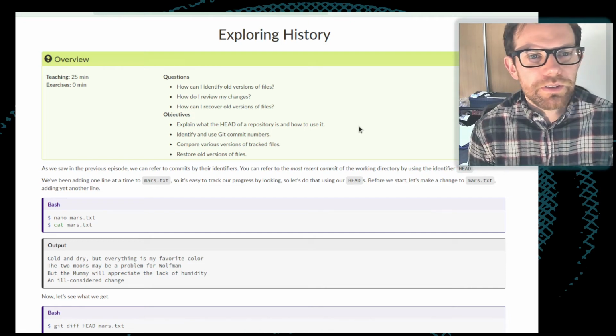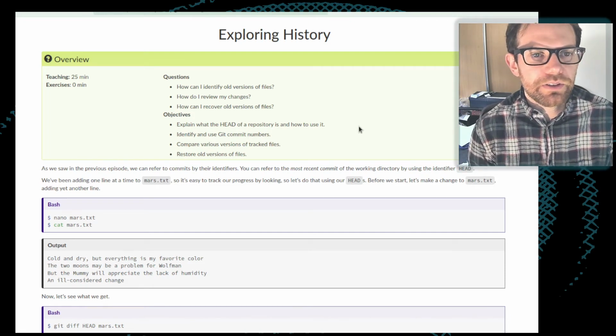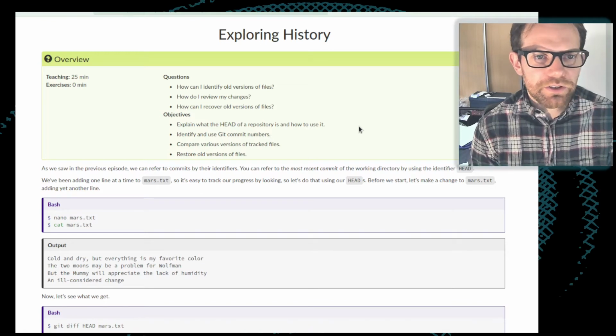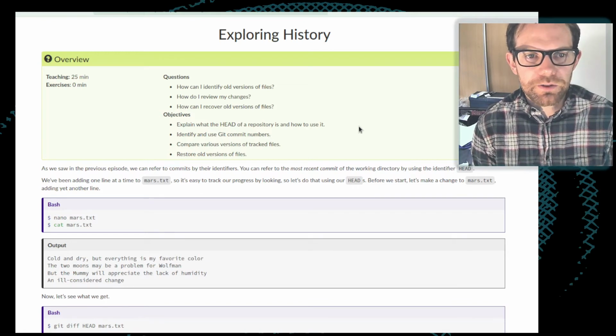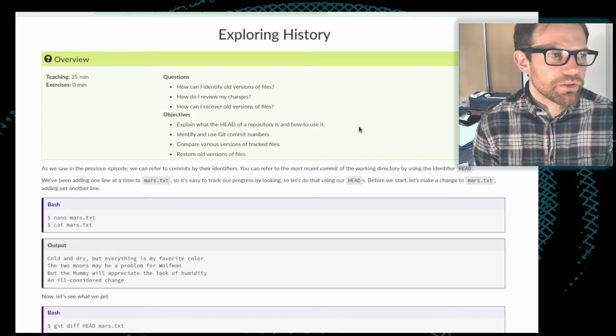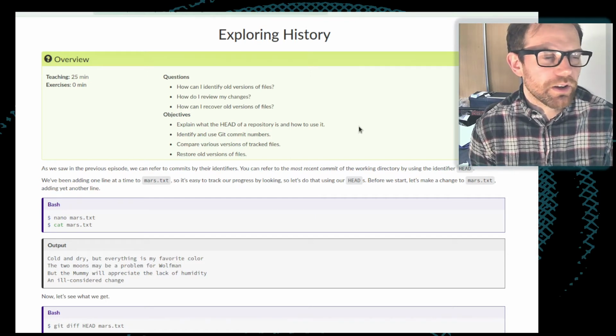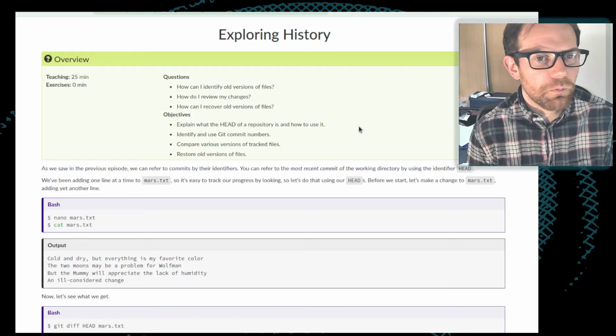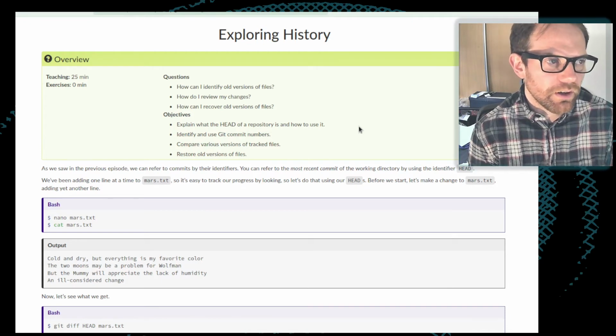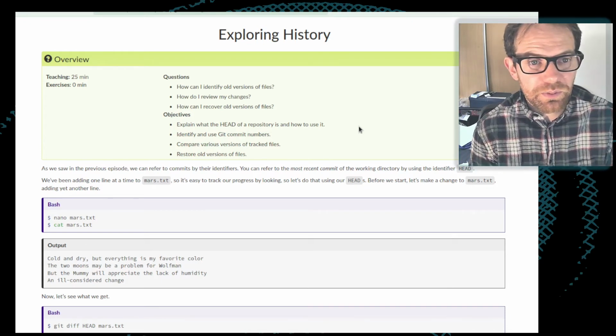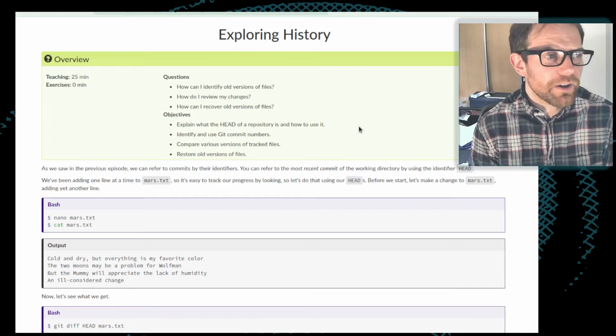So now that we've got all of these different files with their history and various different snapshots, how do we go through looking at these different snapshots? How do we identify where the old versions of these files are? How do you look at the changes which have been made to the files over time?